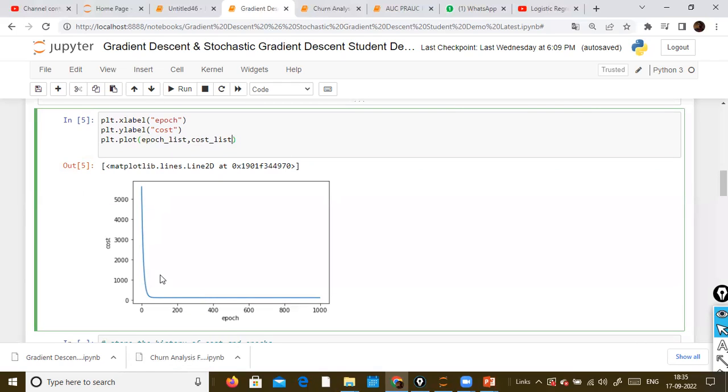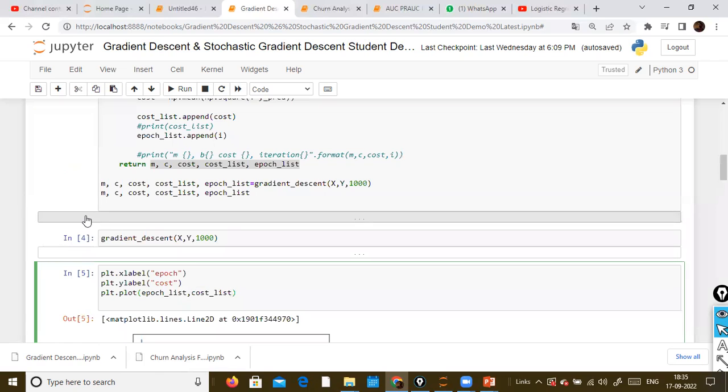In this graph, we can see that the error reduces significantly here. But as iterations increase, there is not much change in the error. The cost is nothing but your error, right? It almost stabilizes from here onwards. So when you look at the error here,